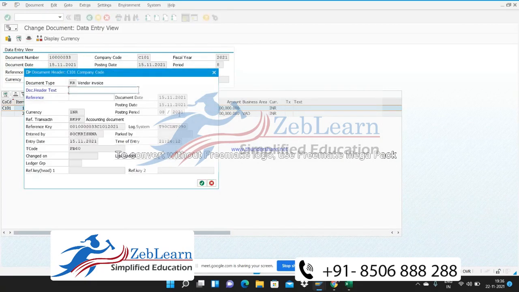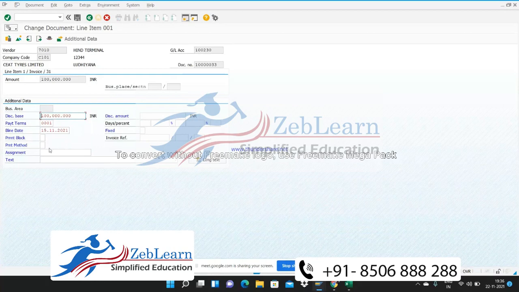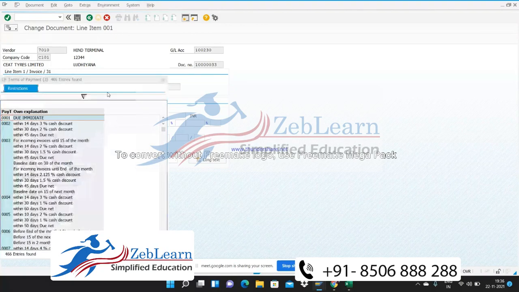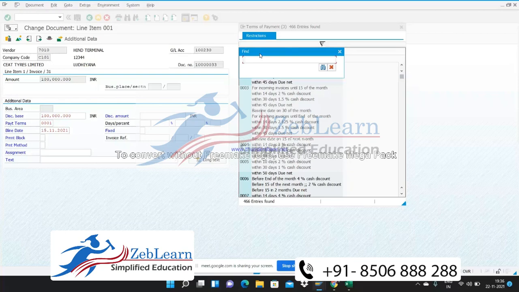Document header. There is nothing to change here, like payment method. Payment terms, I'm just going to change here. And we will see both of the transactions. 0C01.